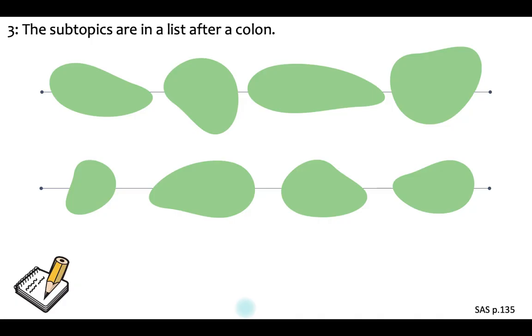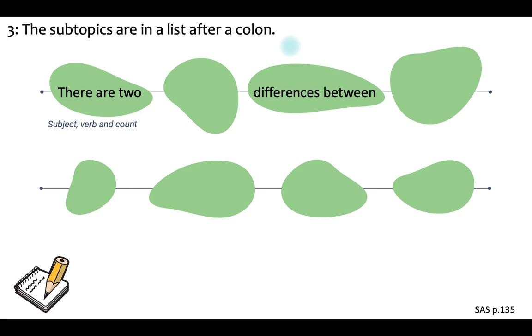So now let's look at our third type of thesis statement. And in this case, the subtopics are in a list after a colon. There are two. So in the first one, we started with our topics. In the second one, we started with our subtopics. And in this third one, we're starting with this general phrase, there are. There are two, subject and verb, and the count,